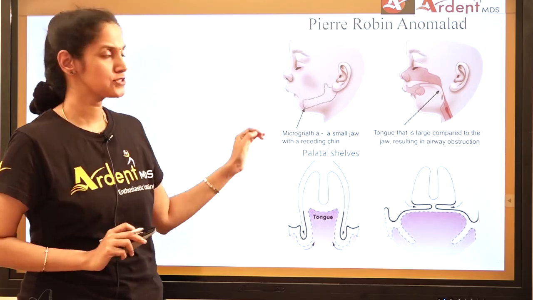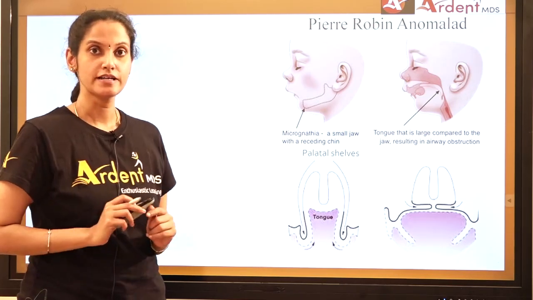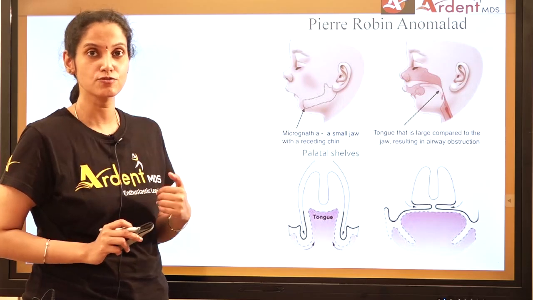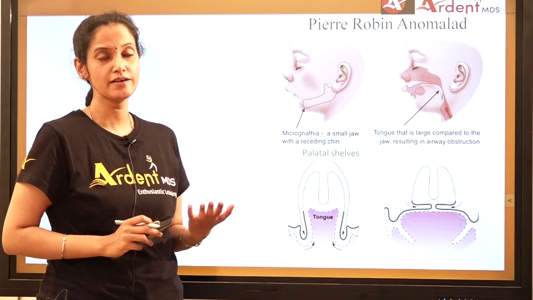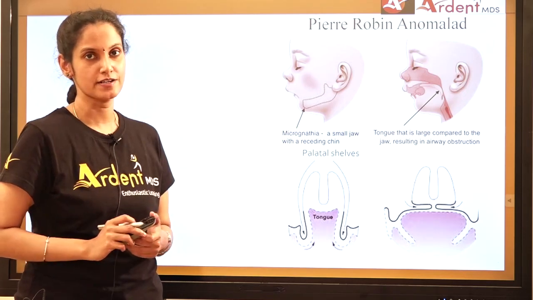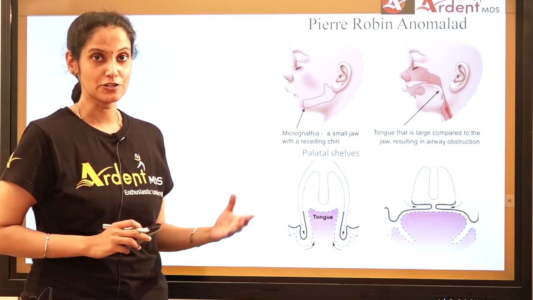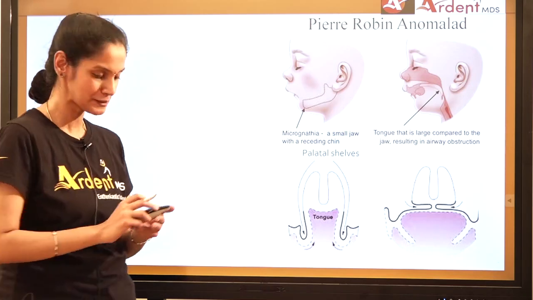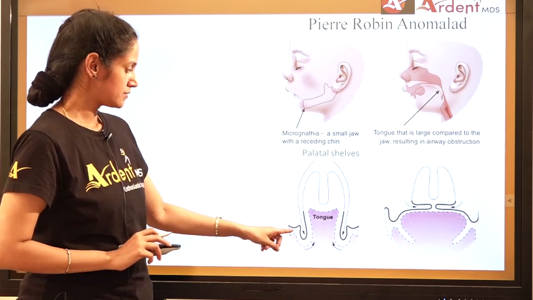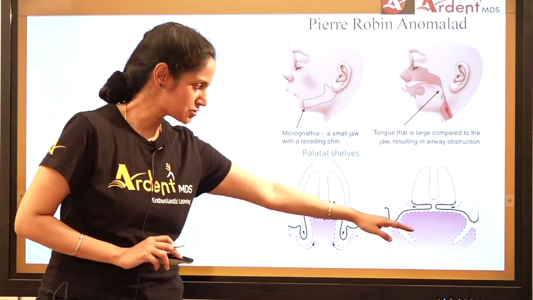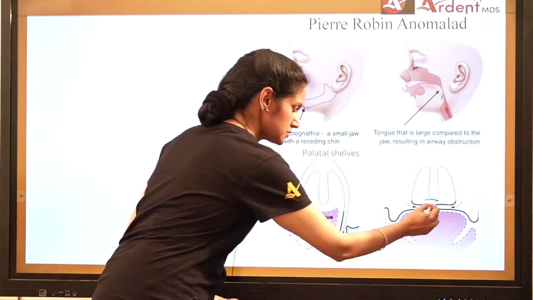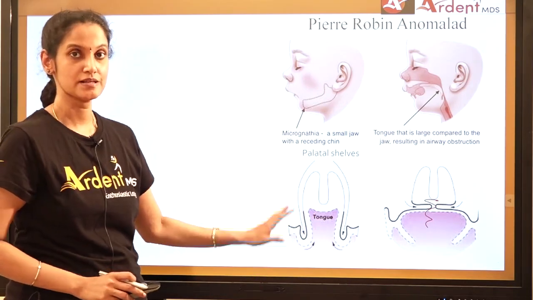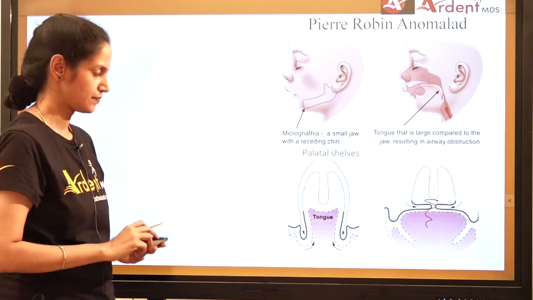So the characteristic feature of Pierre Robin anomaly is glossoptosis, poor control of the tongue musculature. The tongue tries to fall back and the patient will have airway obstruction and respiratory difficulty. So that was the clinical symptom which was given to you in a multiple choice question seen in the previous slides, right? So you see how the palatine shelves are vertical, they have to fuse, but this does not happen. So it remains open and the cleft persists. The palatine shelves do not close.